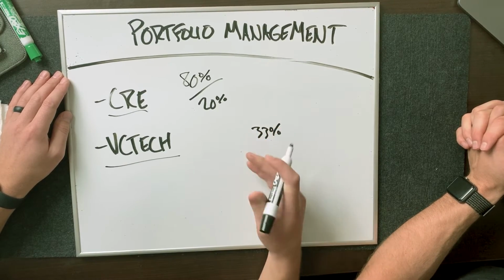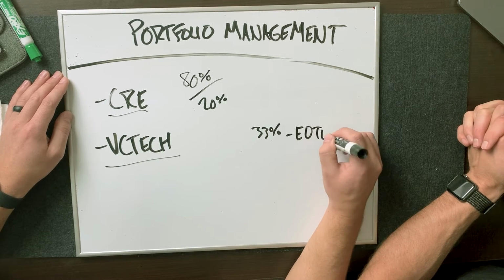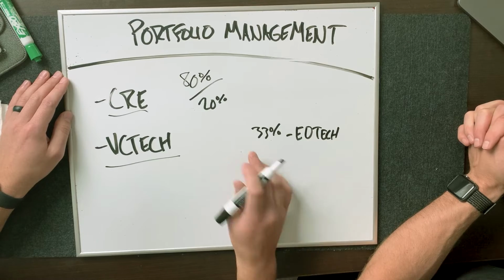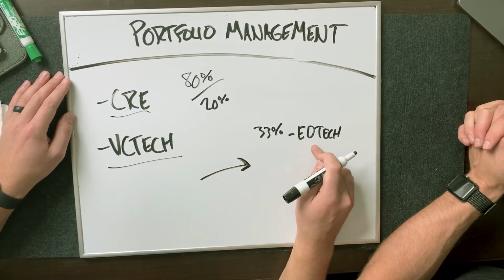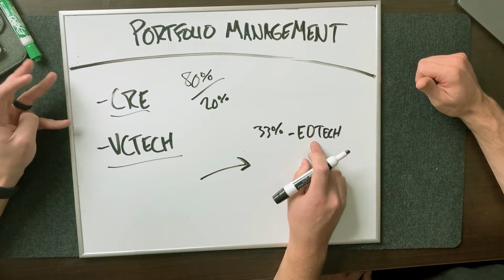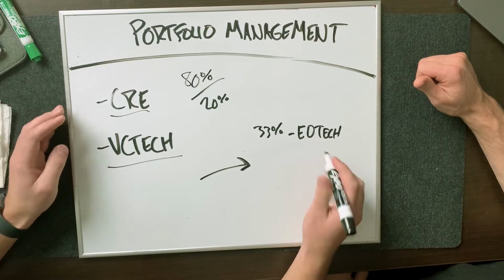For example, I worked at a venture fund. It was a social impact venture fund. About 33% of our portfolio at the time was in ed tech, education technology. There was this deal that came across our desk, a new deal, also in ed tech, but it was phenomenal. We were like, this is the best investment, even better than the investments we already have. But it would have increased our exposure to ed tech up to almost 50%. We didn't want 50% of our portfolio exposed to this industry. So, as a risk mitigating tactic, we decided not to invest. We decided to invest in other types of technology that weren't in the same realm.